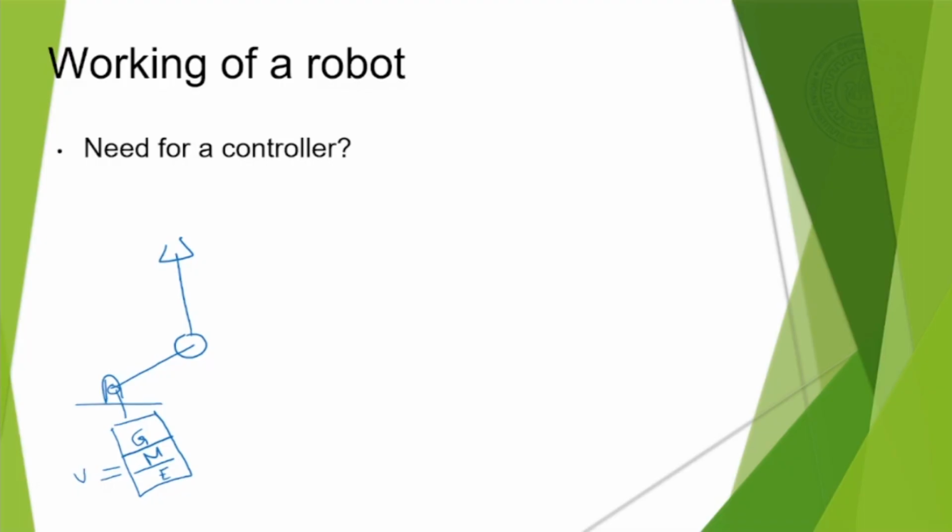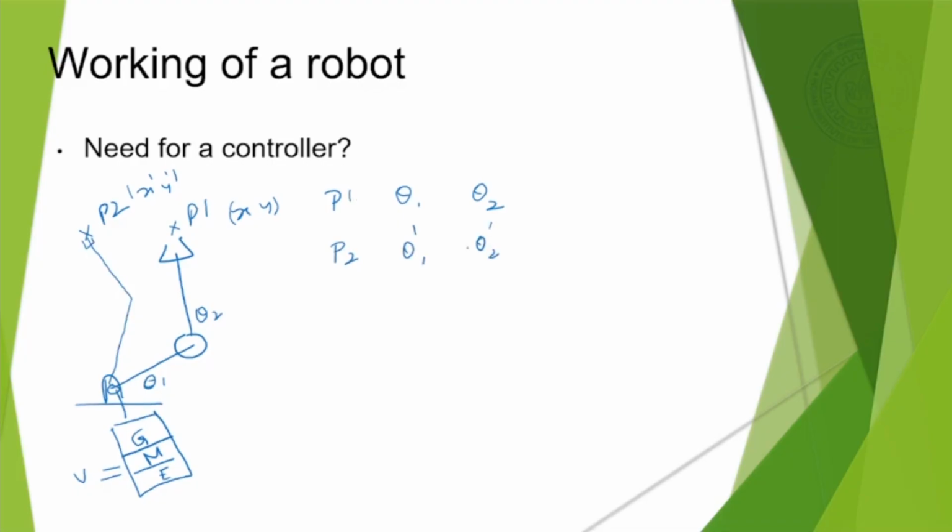Now suppose I am at this point P1 and I want to go to the point P2. Here I know the coordinates, let's say x, y, and here x dashed, y dashed. At P1, the controller will find out the corresponding angles, say theta 1 and theta 2, numerical values. From inverse kinematics we can find those angles. At the next location, P2, it will again find the corresponding joint angles, let's call them theta 1 dashed and theta 2 dashed.